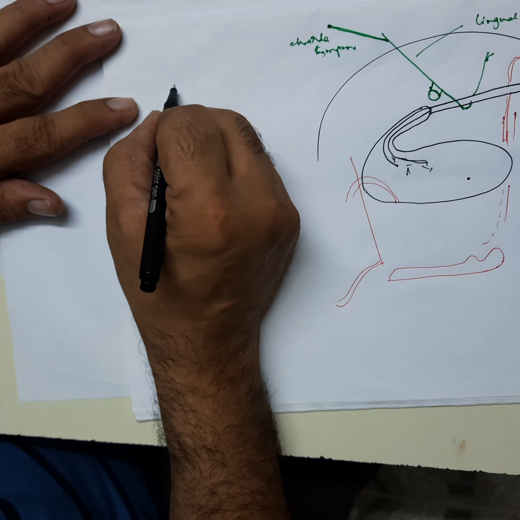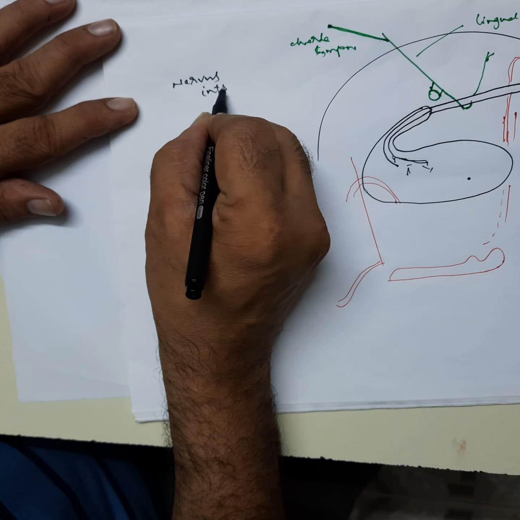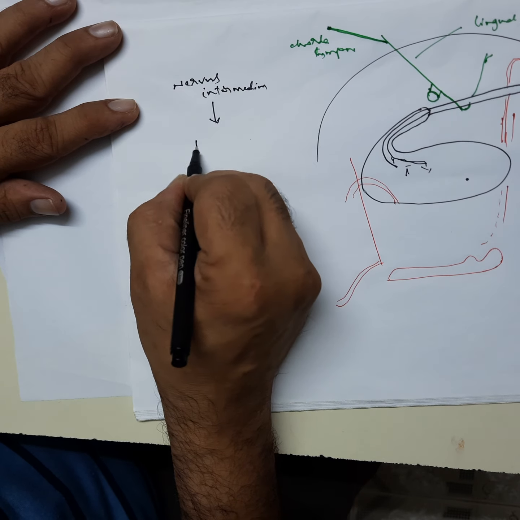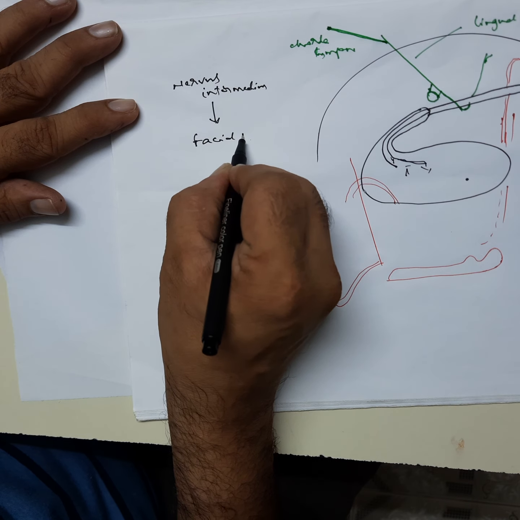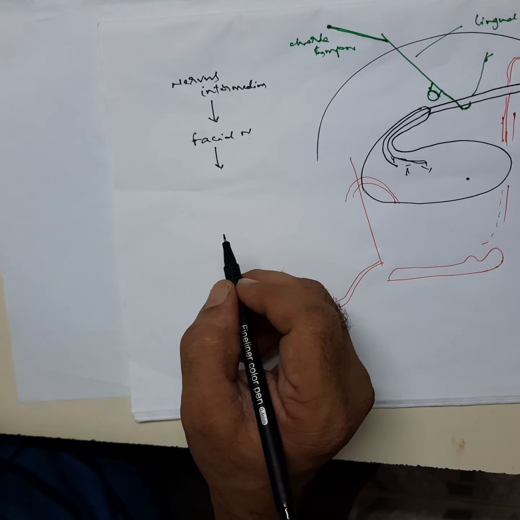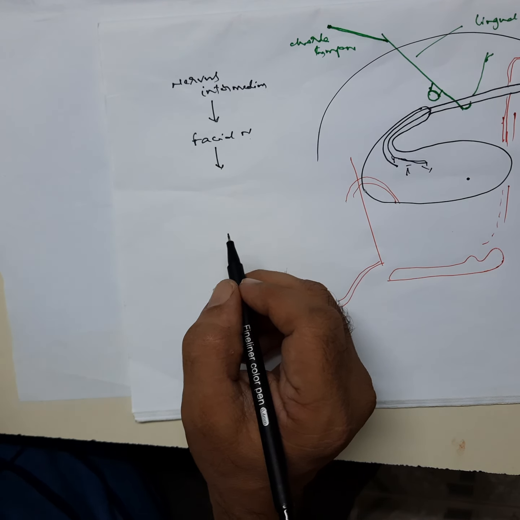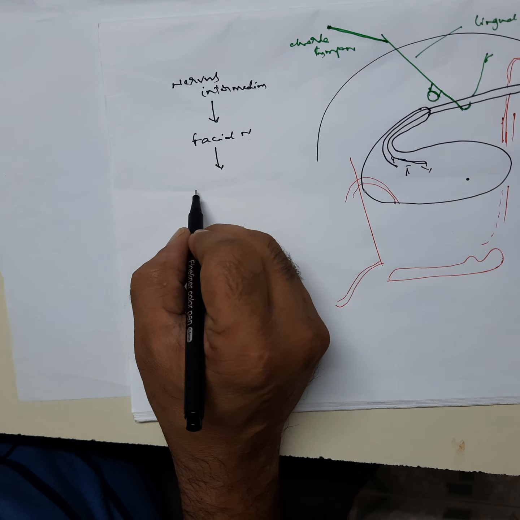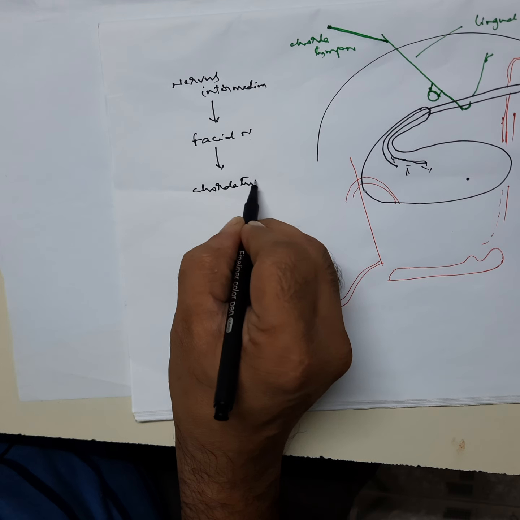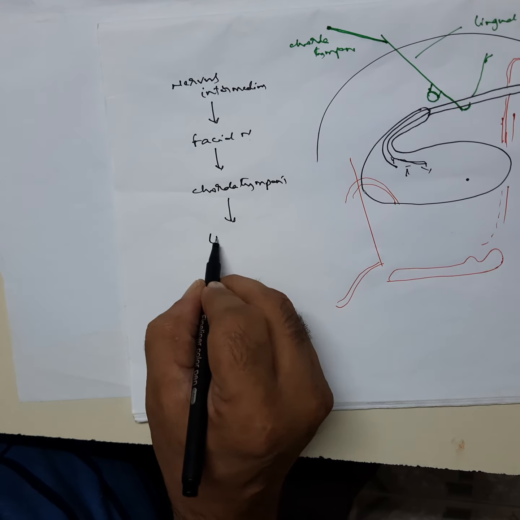So from the nervus intermedius to the facial nerve, from there the fibers pass through the facial nerve and its genicular ganglion without any relay there, and they pass into the chorda tympani branch. From the chorda tympani branch, they go to the lingual nerve,